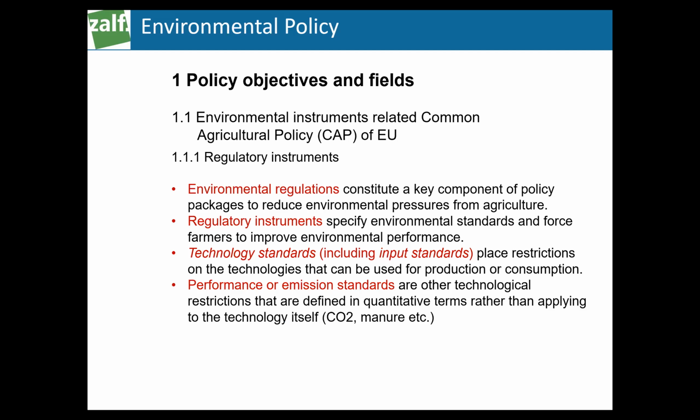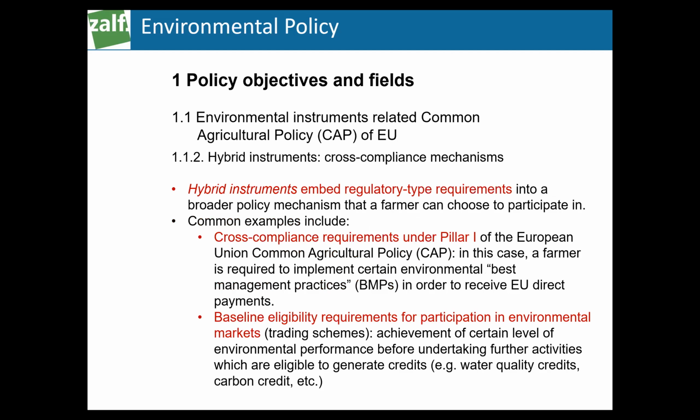Performance or emission standards, that we had already, and on manure, of course, we have the Nitrates Directive at EU level that also gives certain conditions in terms of cross-compliance, but also in terms of standards, to have upper ceilings in terms of thresholds. For example, cattle per hectare is bounded to an upper level in order not to have nitrate leaching into the water, the open water bodies.